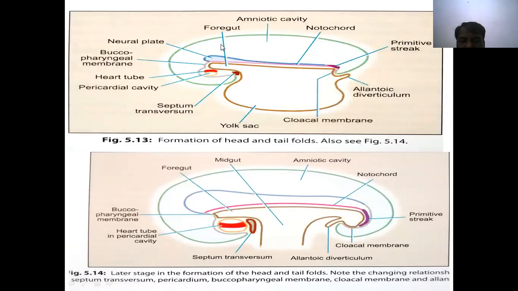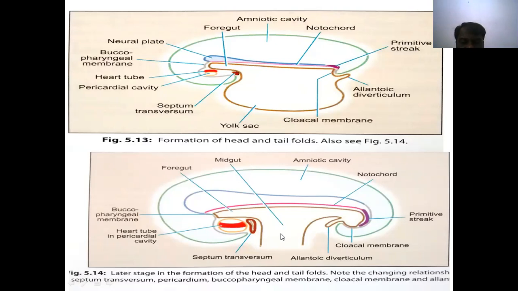So when the head folds, bending downwards, the topmost part, the septum transversum, comes downwards in front of the foregut. Next is the intraembryonic coelom. There we can identify the heart tube and pericardium. So like that, when the head folds, the cranial-most parts come downwards and reach the center, in front of the foregut. Here from the yolk sac, its continuation, the vitelline duct, and umbilical cord formation is there. See, this is the formation of the septum transversum, the diaphragm. Above we can identify the heart tube and pericardium.